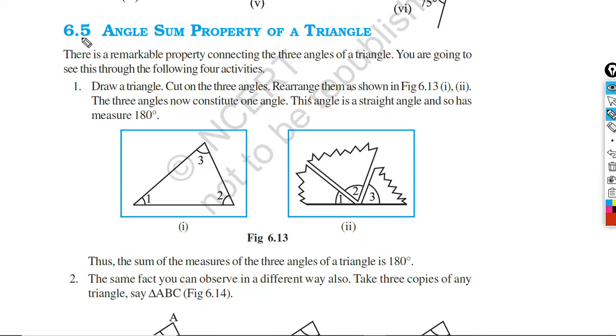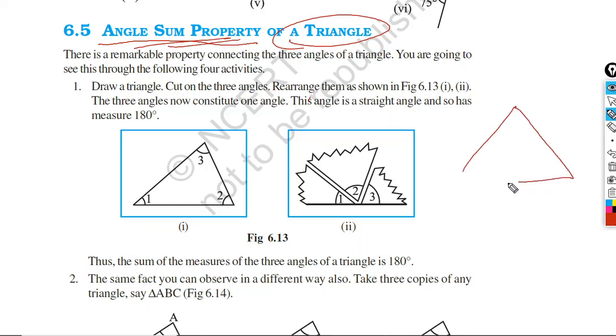So today we are going to discuss the angle sum property of a triangle. What is the angle sum property? Angle sum property means basically we will take any type of triangle. Different types of triangle are there. So we will take one triangle and find the sum of the three interior angles. You know that there are three angles in a triangle. So the sum of these three interior angles will be equal to what? Okay, so we'll check the sum of the interior angles of a triangle.